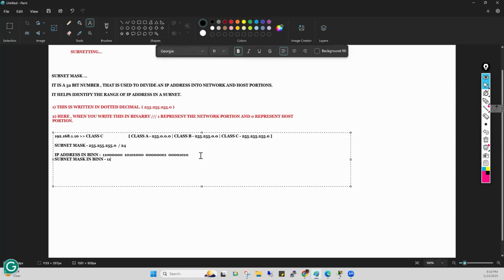So 255 means 1, 2, 3, 4, 5, 6, 7, 8. Again 8 ones, and again 8 ones. And the last one is 0, so 8 zeros, all 0. Now what I told you in a subnet mask: 1 represents the network portion and 0 represents the host